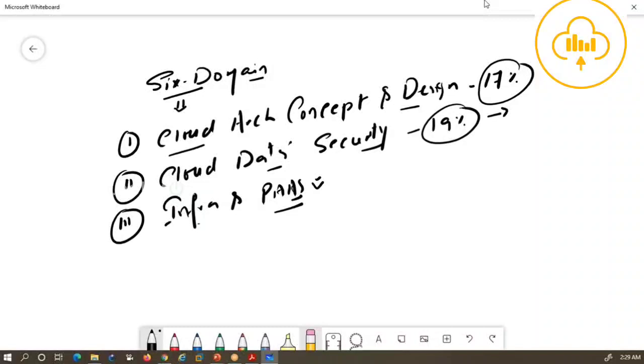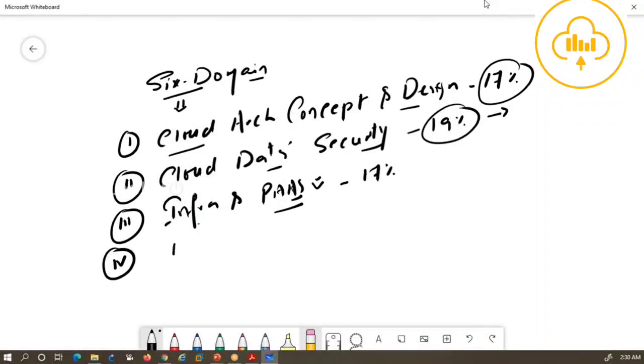There are different components for the infra and the PaaS. The main components, I must say, are compute and storage, along with the network. For them, what are the controls, what are the risks, and how do we implement the best practices? That will be a discussion point, along with business continuity and disaster recovery components. We also have some authentication-related components that need to be discussed in the same domain. So we'll check it out. The weightage for this domain is 17%.